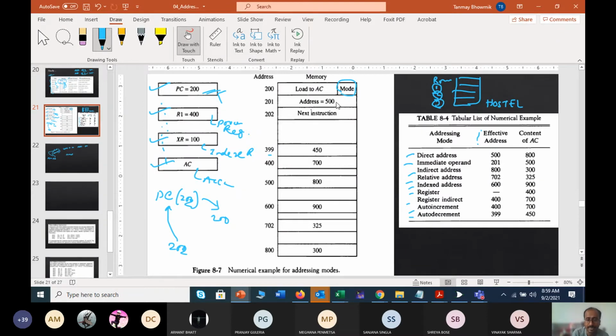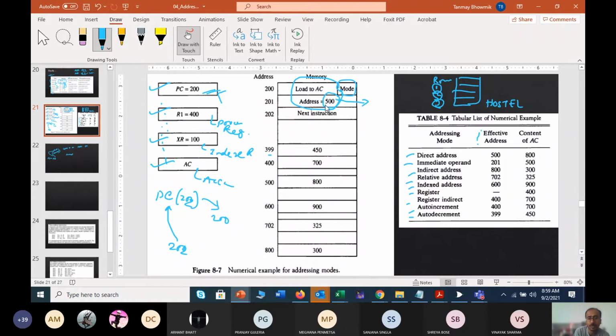In direct addressing, the effective address is the operand itself. So that means which is your effective address in this case, or which one is the operand? This data basically, this 500.